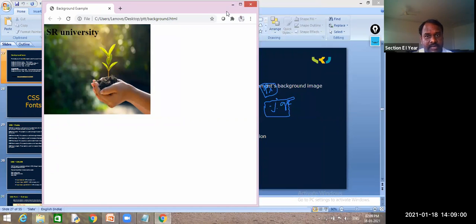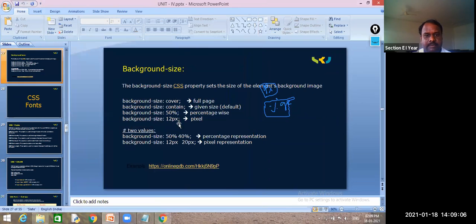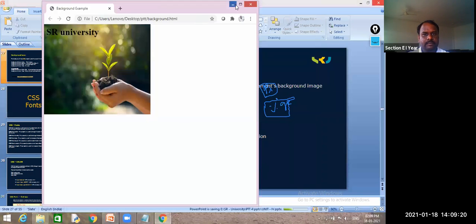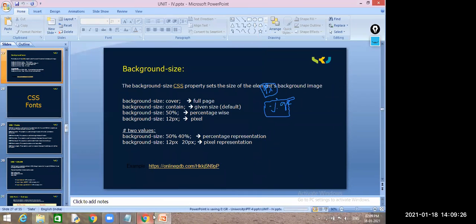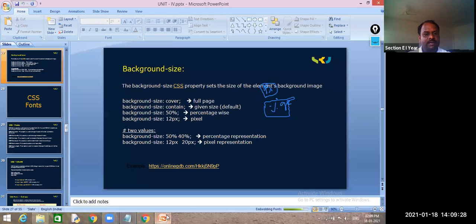This is the one best advantage. When you write any web applications, the recommended thing is percentage instead of pixel. But percentage is not always good. Sometimes pixel is also good. Okay, is it clear? Are all these sizes clear? Is it clear or not? Clear, sir. Right. Do you find any problem?